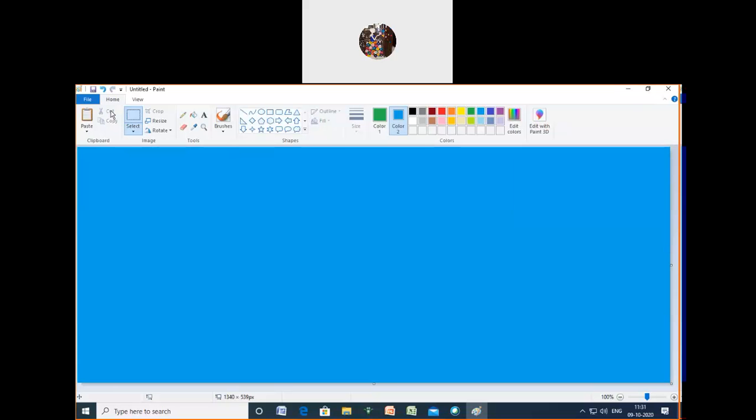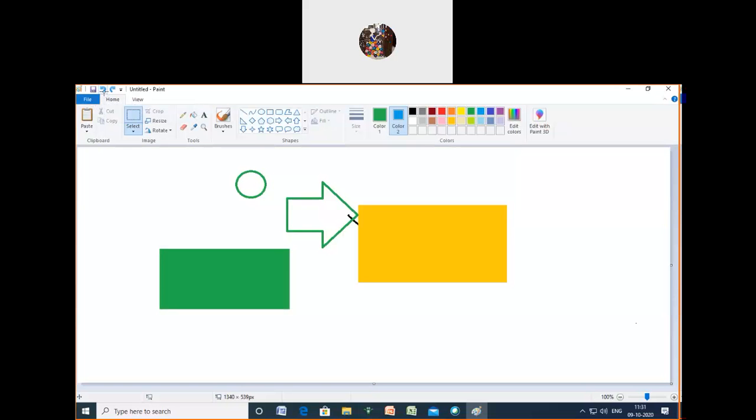What is the use of that one? Suppose I would like to go to the previous one. Which one did we do so far? Because what is the quick access toolbar? Where is the quick access toolbar? Because I would like to go to the previous one. What should I do? Undo. Otherwise Control Z. Undo or Control Z.